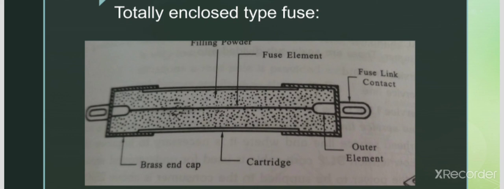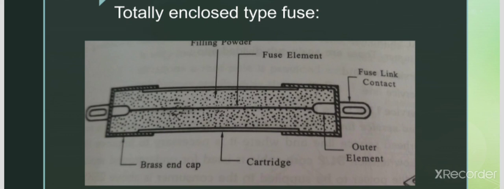You can see the diagram of the HRC fuse over here. These are used for clearing extensively heavy fault currents. HRC fuse can be used to overcome high fault currents. Coming to its construction, it is cylindrical in shape, consisting of a heat resistant ceramic body having metal end caps. The space within the body surrounding the element is filled with powder, and the filling material may be chalk, plaster of Paris or quartz, and it acts as an arc quenching and cooling medium for the fuse.